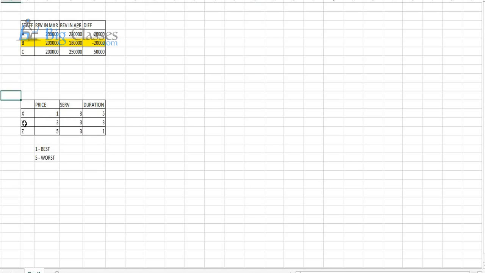Like that, before taking decisions, the managers need to depend on this type of reports. Without following this type of reports, if they take decisions, either they may lose time or they lose money. See, if he needs to start the project immediately, and without considering this report he places the order to X, then what happens? Duration 5, worst duration. Project will be delayed. Like that, they need to depend on this type of reports before taking decisions.